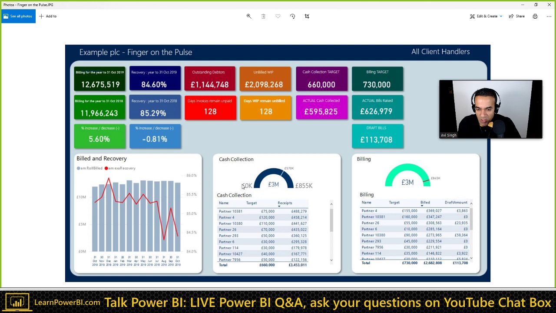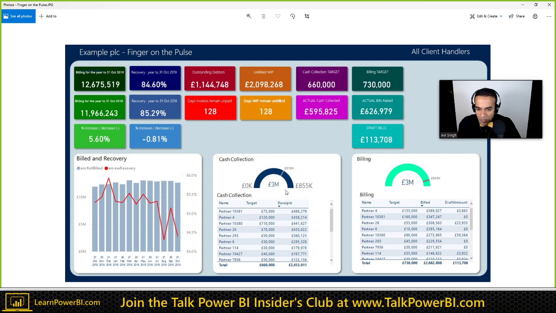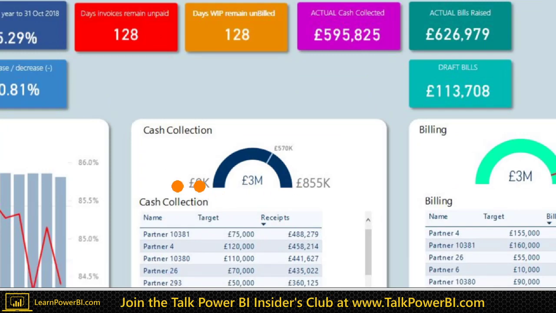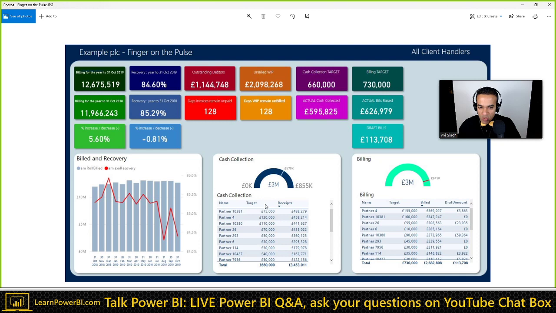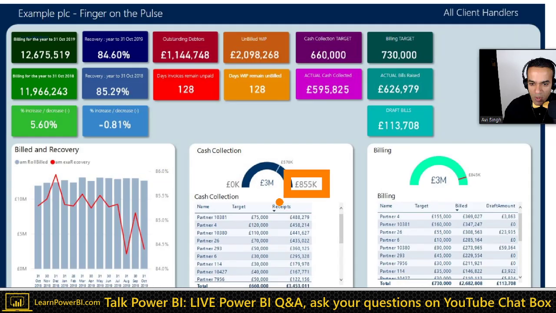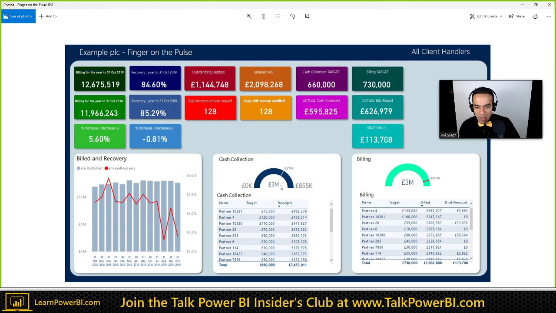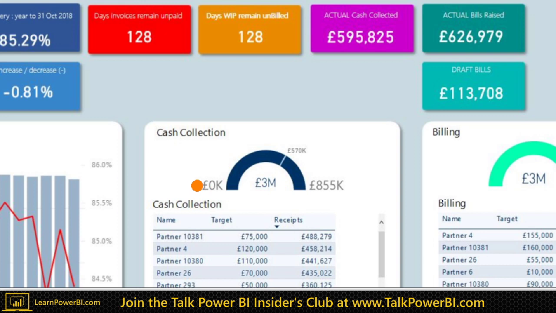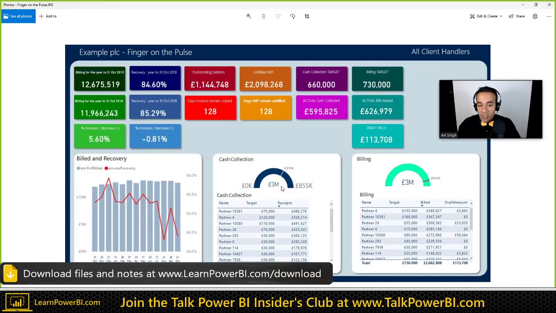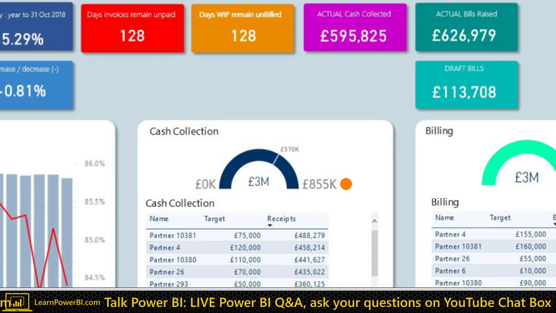Yeah. So this one. Man, I haven't used a gauge chart in a while. I'm having trouble reading it. So this is the axis. Oh yeah, I think there's something off here. You see how this text is way too big than it needs to be. Well, actually, man, I need some help here. What in the world? So I get this is the axis. This is 0K. This is 855K, which seems a little random. I'm not sure if 855K maybe is the target, and I would think that this is the actual value, or